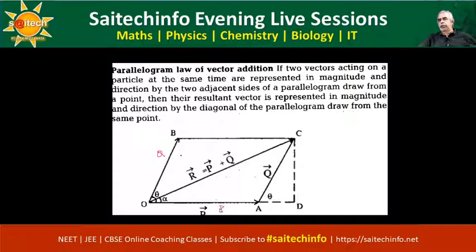This is vector P, vector Q. Now I can draw a right angle here, and this is made as the same theta, that is the angle between these two vectors. Whereas alpha is the angle between the P vector and the resultant vector. Do you understand? We have already seen that based on this we can interpret.